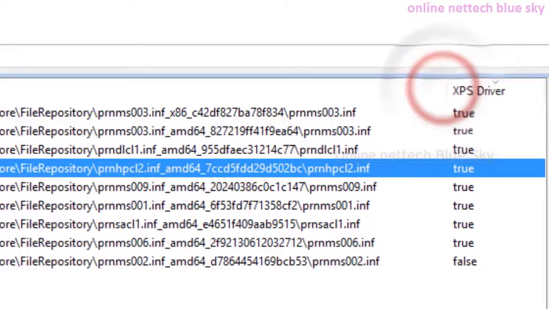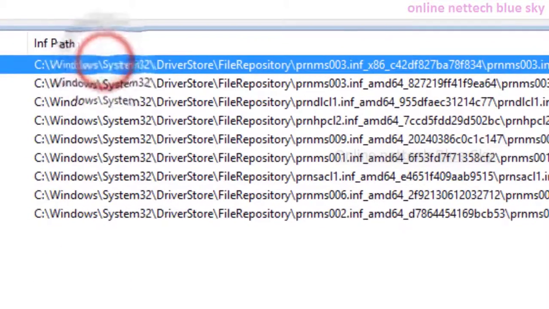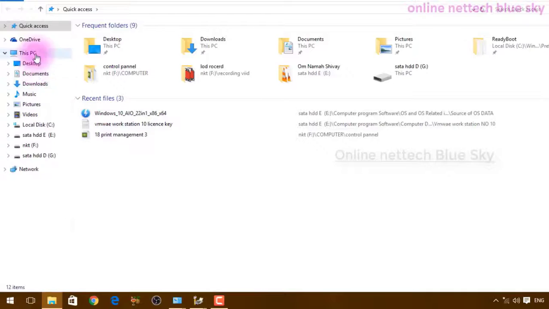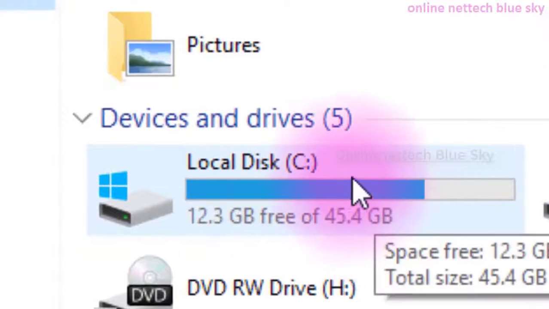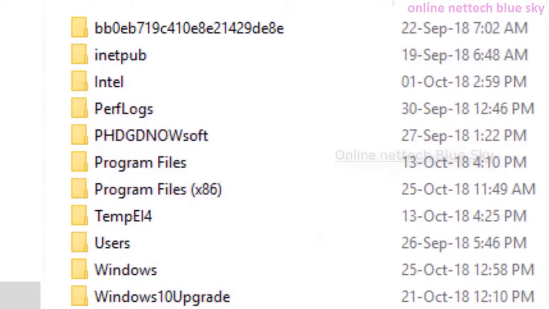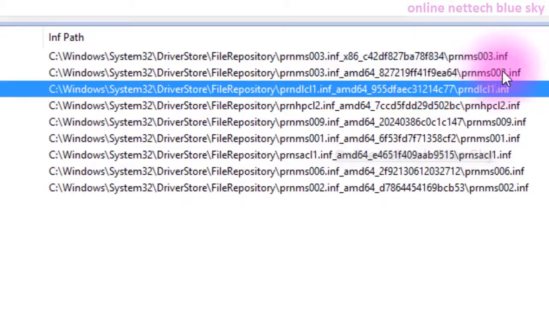This is my path where my printer data is stored. I'm showing Windows partition C, where all the main computer operating system data is installed, the main system here.